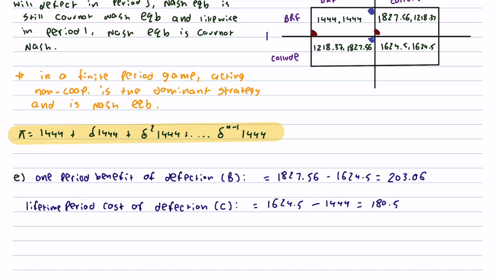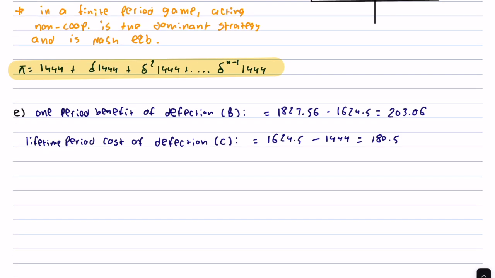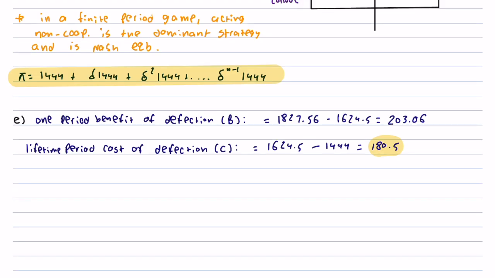Perfect. Now, what's important to note about this defection is that this cost of 180.5 occurs not in the current period, but in the second period. Because in the current period, the firm that defects is making this benefit. So therefore, the lifetime cost can be written as